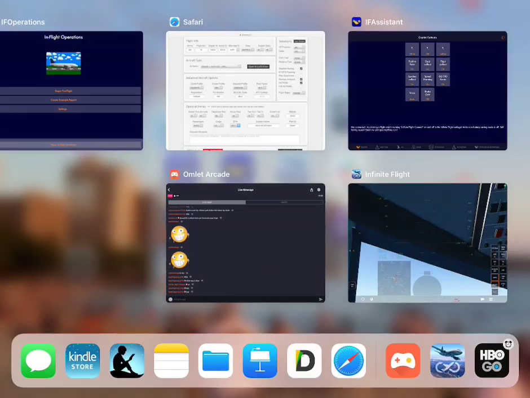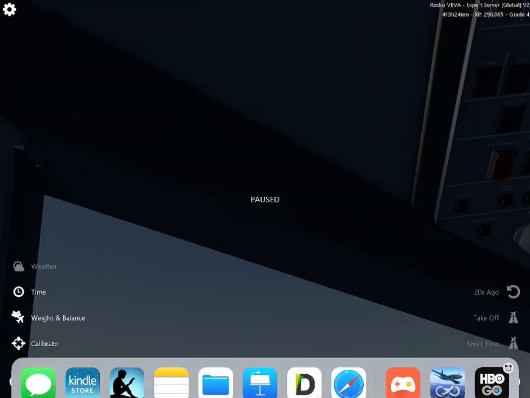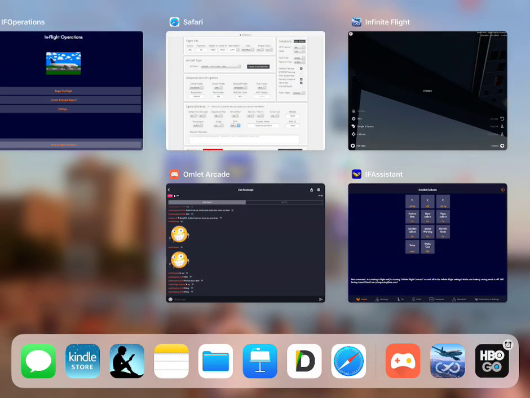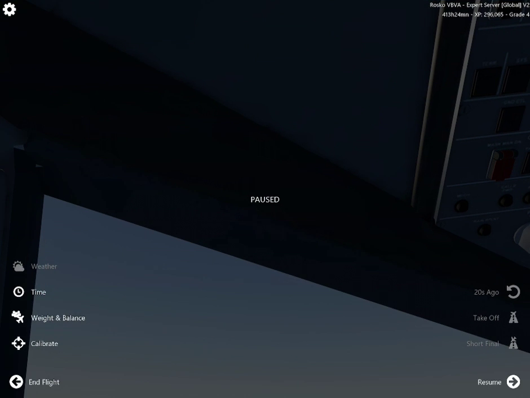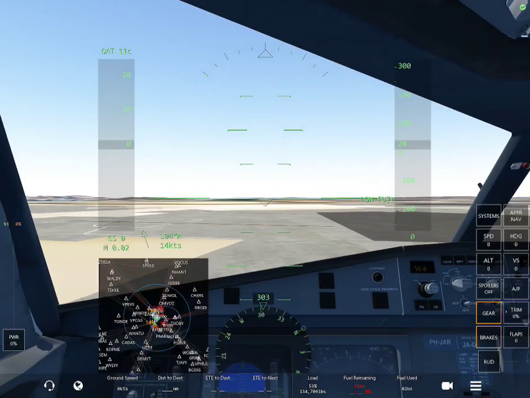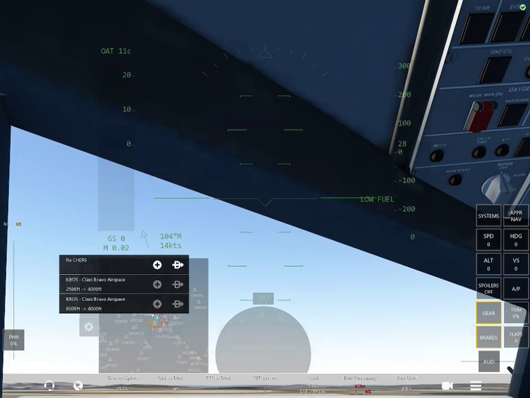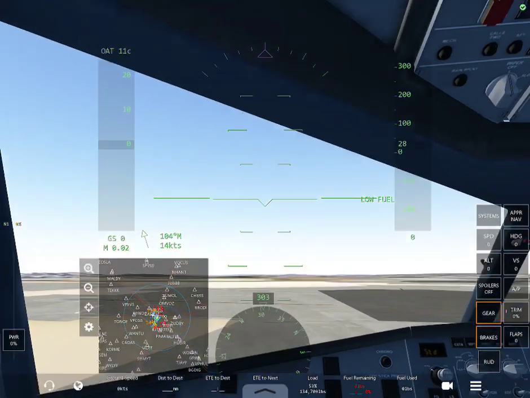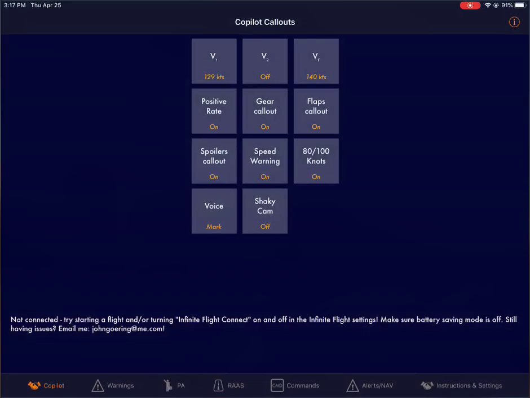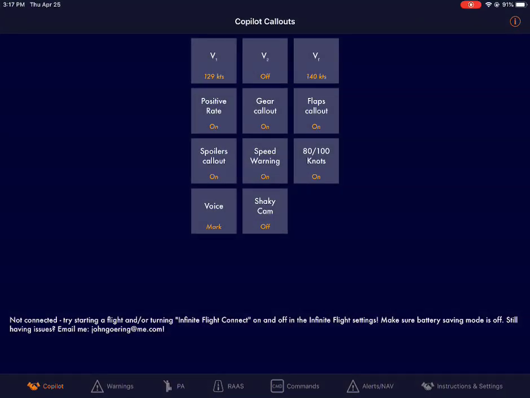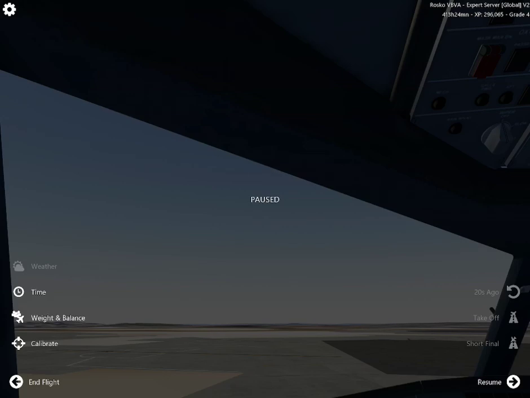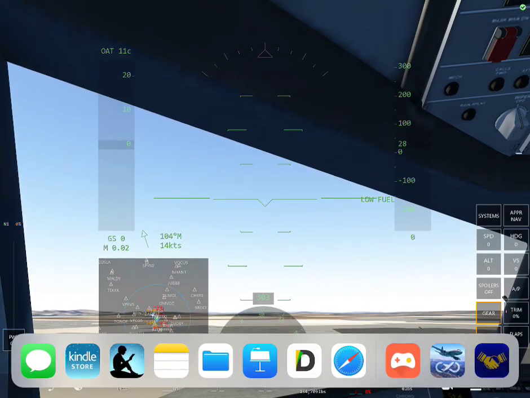Gotta do that. Still doing it. Hate that. You gotta stop those suggestions. At any rate, let's see if I can do it with this hand. Oh boy. Yeah, no, still wouldn't let me do a slide over. And of course I'm not paired up, so